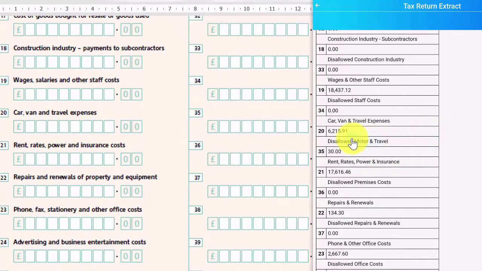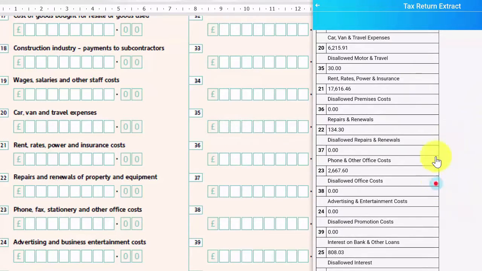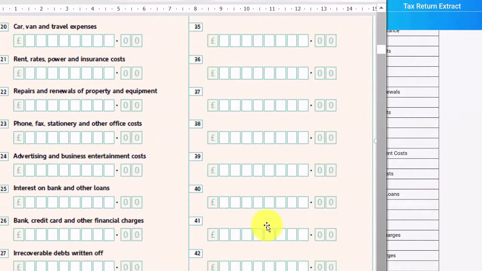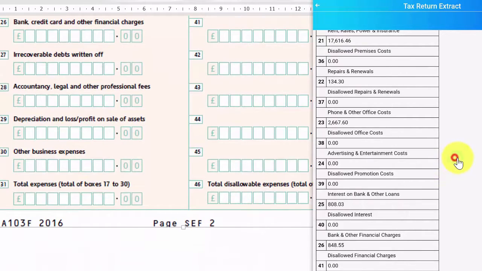Okay, 6 to 15 is recorded on there, either on the hard copy or online submission. It doesn't make any difference. And then for the disallowed box number 35, that is the figure. So that is how this tax return extract works. It provides figures that are just copied straight onto the tax return. It's about saving time. And of course, as far as financial accounting and bookkeeping is concerned, the app is supposed to